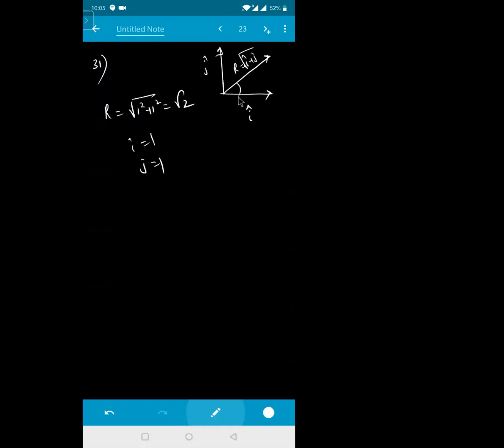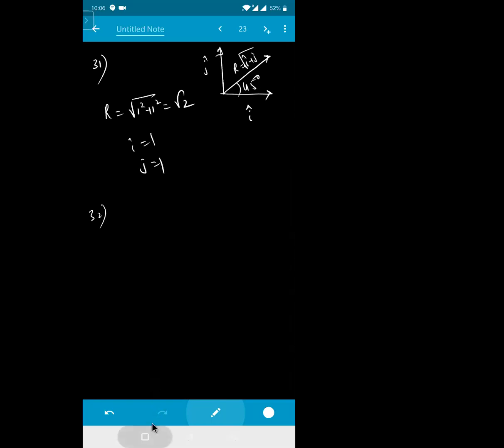So obviously it will be making an angle of 45 degrees. So that will be the answer for that one. Root 2 and 45 will be the answer. Which option? You are making the angle from the positive x-axis. Option A. Positive x-axis means I cap. Root 2 comma 45 degrees with your x-axis will be your answer for the given question. Clear for everyone? Yes, sir.